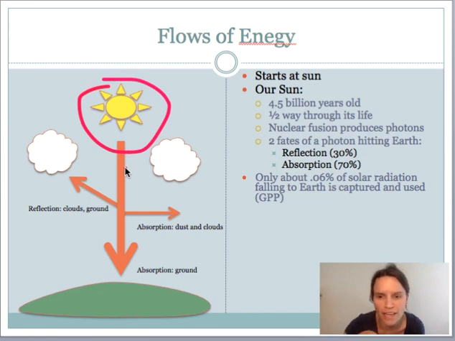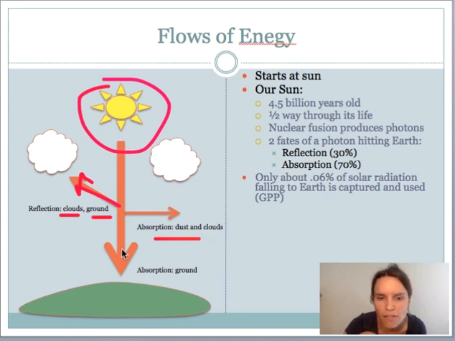But not all of that energy is absorbed by the planet. In fact, about 30% of it is reflected or refracted in the atmosphere and the biosphere by clouds and off the ground as those sunbeams have their journey to the planet. The other 70% of it is absorbed, but some of that is absorbed in a way that's not helpful. If sunlight is absorbed by dust or clouds in our atmosphere, then we can't use that sunlight for anything very